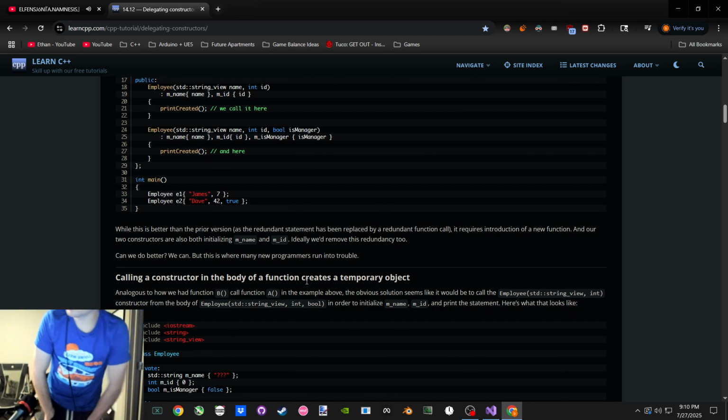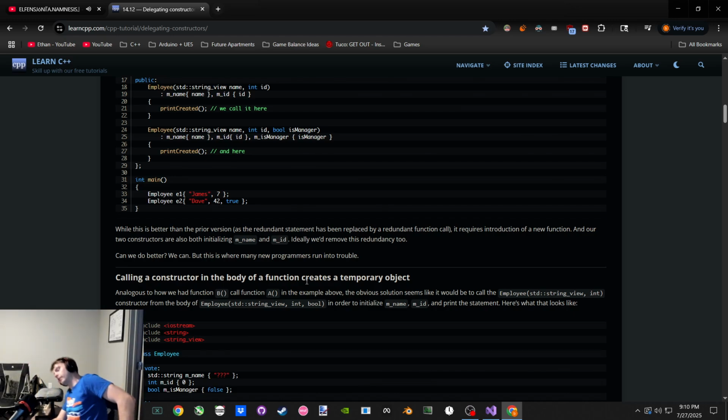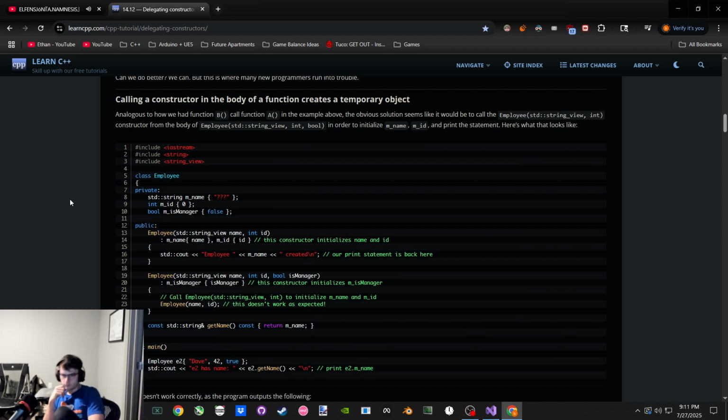If I call that constructor, we have one constructor that does task A, it initializes these two data members, and another one that if we call three arguments, in a case where we specifically don't want to do default arguments on one constructor, we can have the constructor with three parameters call the constructor with two, initialize the data member, then it itself could initialize the last one. So if Dave 42 true,